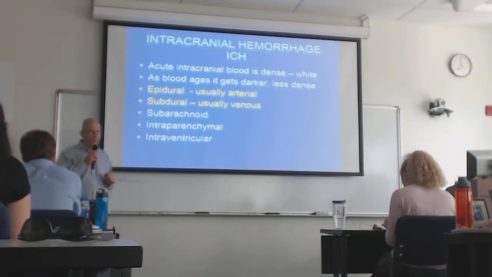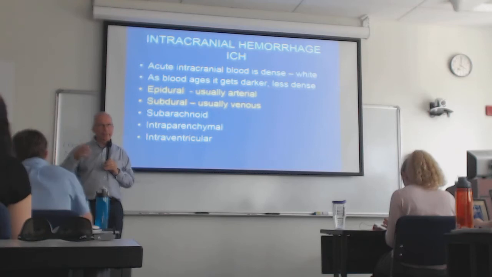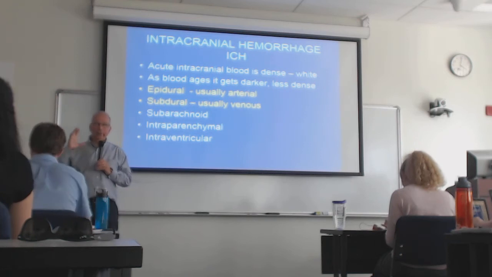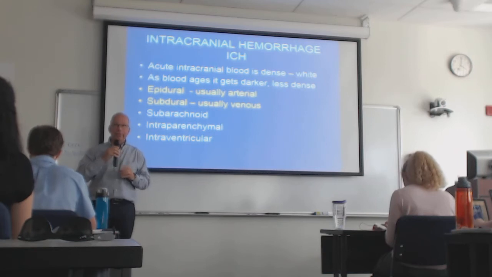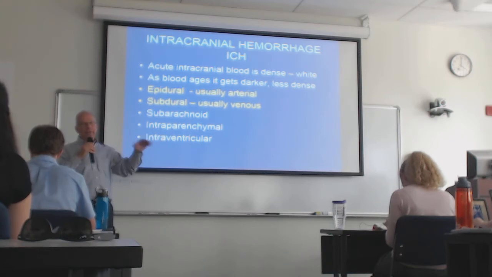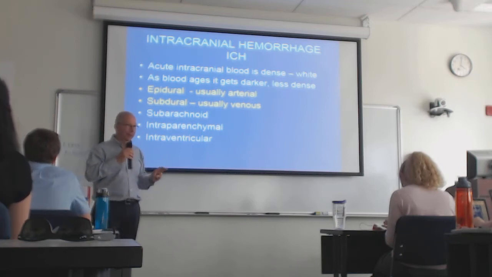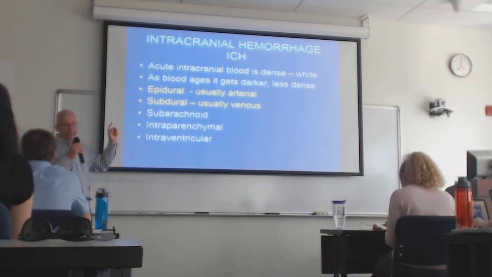The epidural hemorrhage is an arterial bleed and can cause rapid accumulation of blood in the epidural space. And when you get a rapid accumulation of arterial blood, you're going to push that brain away, and potentially cause the brain to what we call herniate across the falx onto the other side or down into the spinal column. Okay, both of these things are not anything you want ever to happen to you because it's pretty much fatal. So we want to be able to identify the epidural hemorrhage.